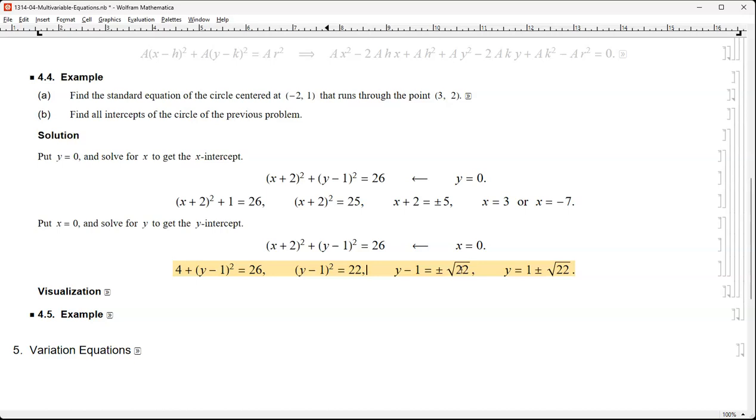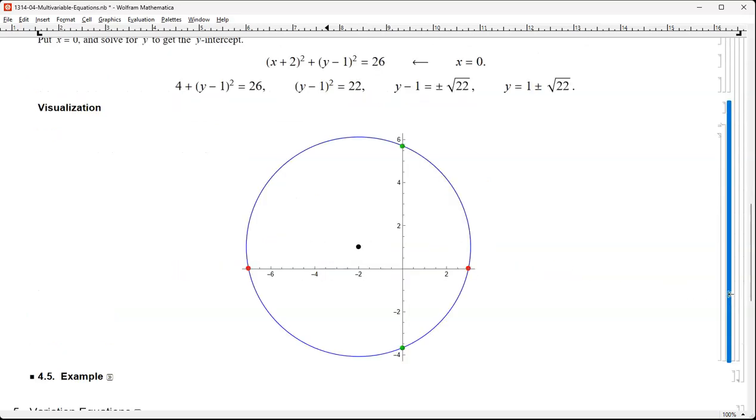So y minus 1 is plus or minus the square root of 22. Okay, flip 1 to the other side: 1 plus or minus the square root of 22. 1 plus square root of 22, 1 minus square root of 22. Those are precise solutions, and the precise solutions are